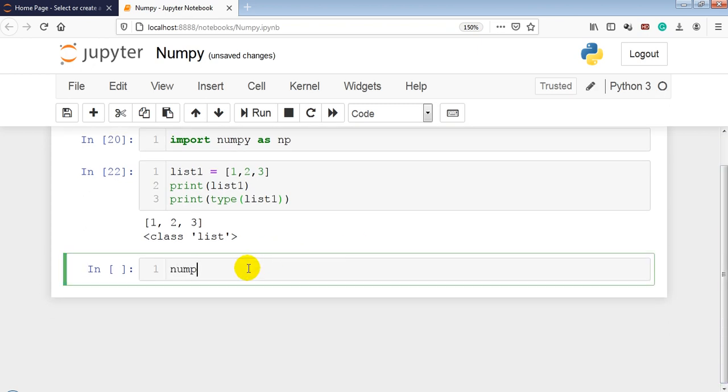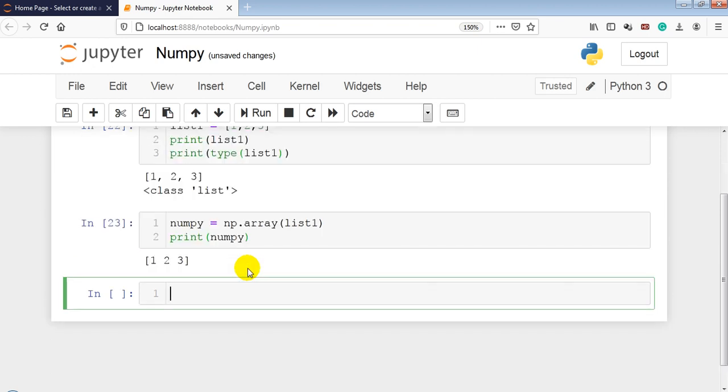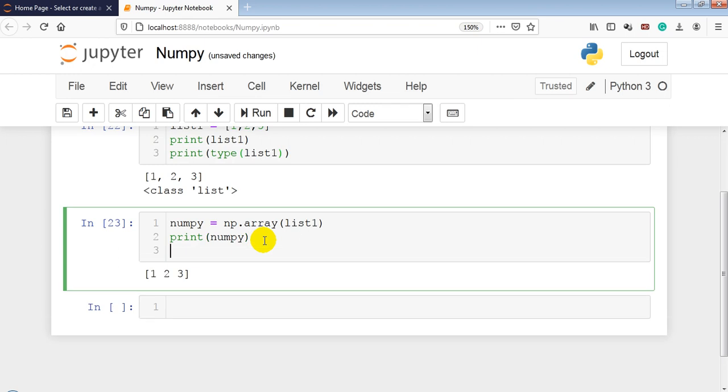Now let me take the variable numpy; you can take any name. np.array. Then let me pass the list1 that I created above with elements 1, 2 and 3. Now let me print numpy, so you can see it has created a NumPy array.